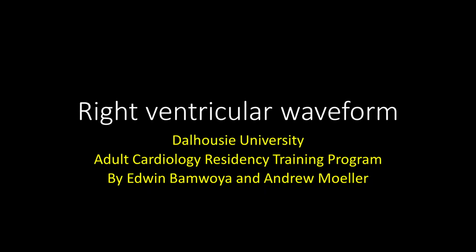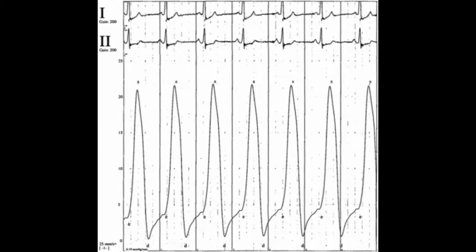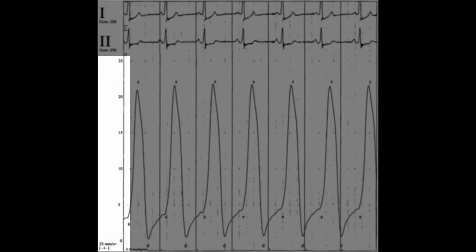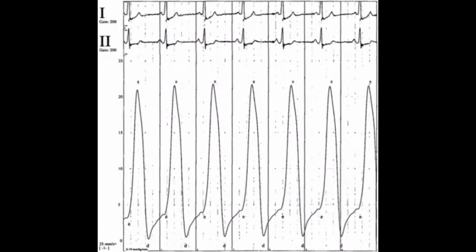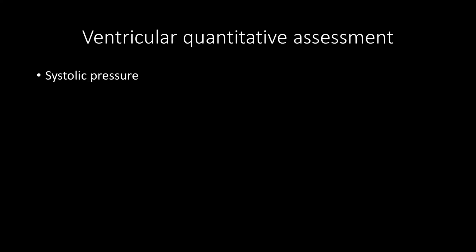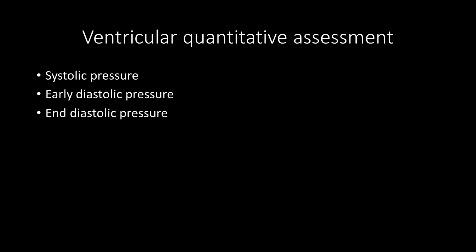Right ventricular waveform. In this right ventricular tracing, the scale is set from 0 to 25 millimeters mercury. Quantitative assessment of ventricular tracings includes commenting on three values: the systolic pressure, the early diastolic pressure, and the end